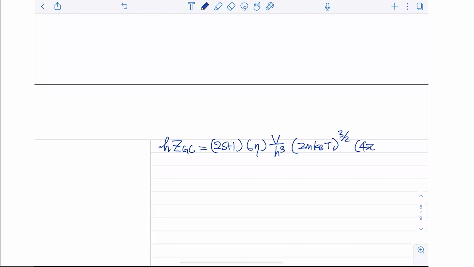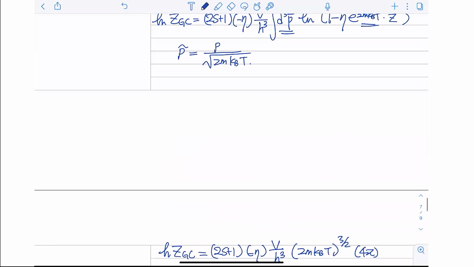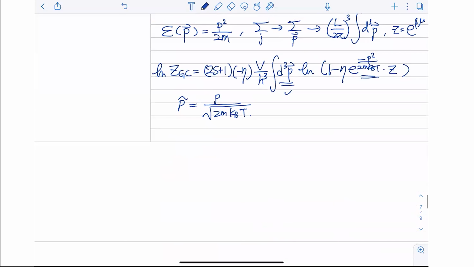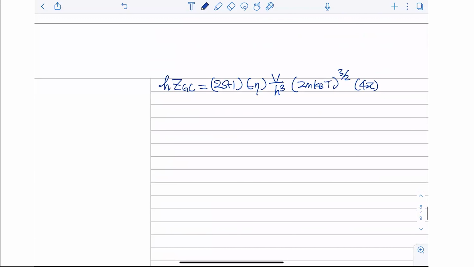And here we assume the integration over momentum is isotropic, so this thing will be replaced by this integral. And then when we change our variable to this dimensionless parameter, then